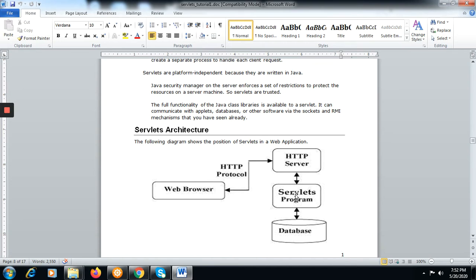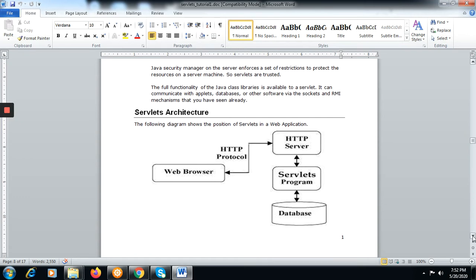So at least one server component has to be running on the HTTP server, and the HTTP server is installed on a hardware machine. That hardware machine is somewhere in the domain or premises of the company. A web browser anywhere in the world can access it, provided that access is available, right? It is not like anybody can access it, only certain people can, so security can be imposed on top of it.